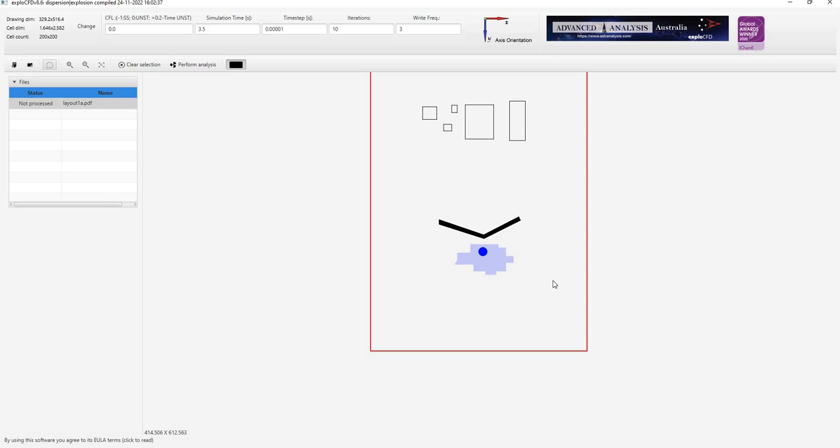We're all set. All I need to do now is set the time step, the number of iterations, the write frequency, and the simulation time. So I'm going to again go with a very large time step. I'm going to delete a couple of zeros here. So this is a millisecond time step. We're going to run about 1,500 of those, which makes it a total time of a second and a half, and we're going to output every 50